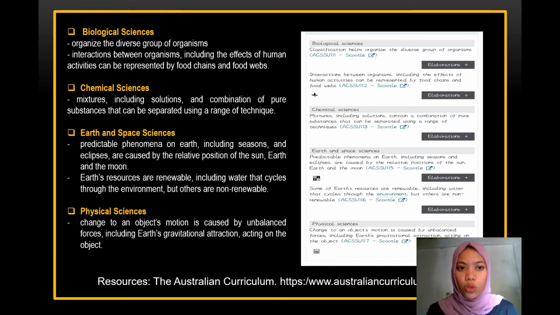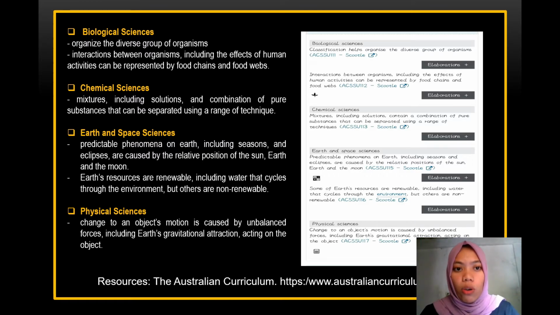Okay, let us now proceed to the content curriculum of Australia. So let us compare the content curriculum of the Philippines and Australia. So here in the Philippines, we have the curriculum guide or ngayon tinatawag na siyang MELC. So doon po nakikita ng teacher kung ano yung content standard, performance standard na dapat ma-achieve ng bata in every quarter. So here, the example is the Science 7 of Australia. Remember, Science 7 lang po ito.